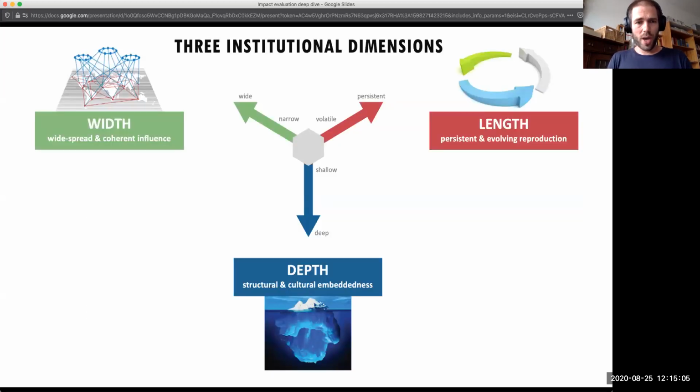So just a bit of background on this, and now I want to dive in a little bit on the 3D framework, which tries to tackle some of those gaps that I mentioned. So in my PhD work, building on a project called Transit, Transformative Social Innovation Theory, we looked at things like eco-villages, transition towns, time-based currencies, basic income, and so on. And looking at how these initiatives interact with dominant institutions, I kind of figured out that there's these 3 dimensions